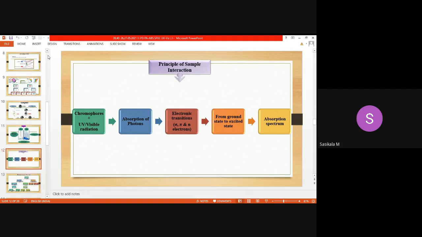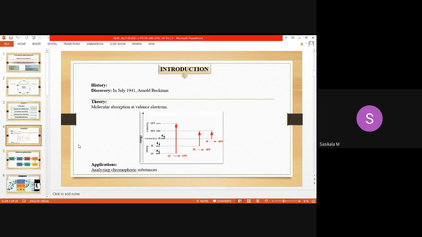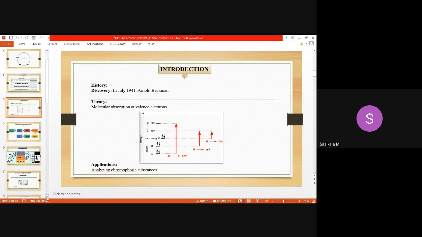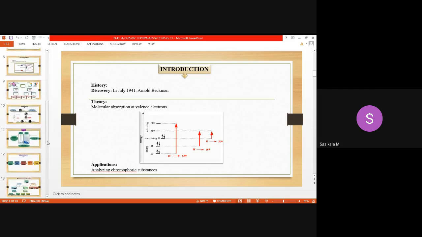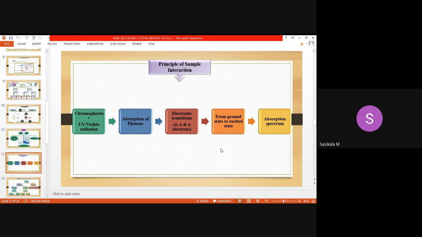That's what we have seen in the first slide itself. Let me show you. Here you can see the electrons of opposite spin, and they are paired. When going to the excited state, they become unpaired. So that is an unoccupied orbital. Earlier the orbital was not occupied, and now it is occupied. An unfilled orbital will be there at the excited state, and that is an unstable state. Again, it will come back to the ground state of paired condition or filled orbitals. So that is what takes place, the conversion from ground state to excited state.